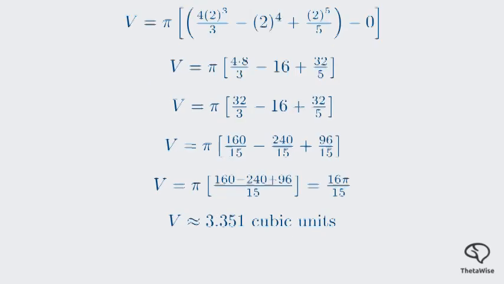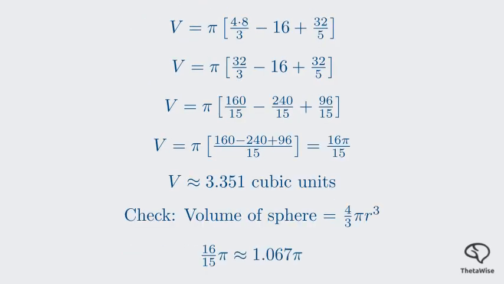In decimal form, this is approximately 3.351 cubic units. A helpful tip for checking, though not a proof, is that the volume of a sphere of radius r is 4/3 pi r cubed. This parabolic shape is somewhat similar, so a result of 16/15 pi, which is 1.06 repeating